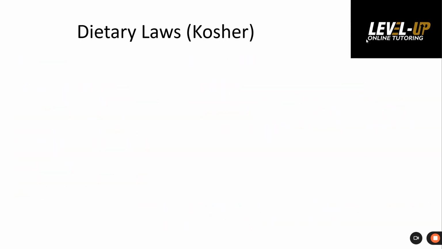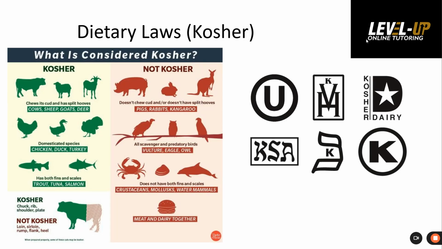Which finally brings us on to looking at some of the dietary laws that exist. Now, we've looked at the festivals, we've looked at the worship, but we need to understand exactly how else they live their lives. Now, you'll see here is what is considered to be kosher and what isn't. So there are different animals that you can and can't eat. And this is either due to availability or the potential issues that those bits of meat might have in terms of causing you illness or anything like that.